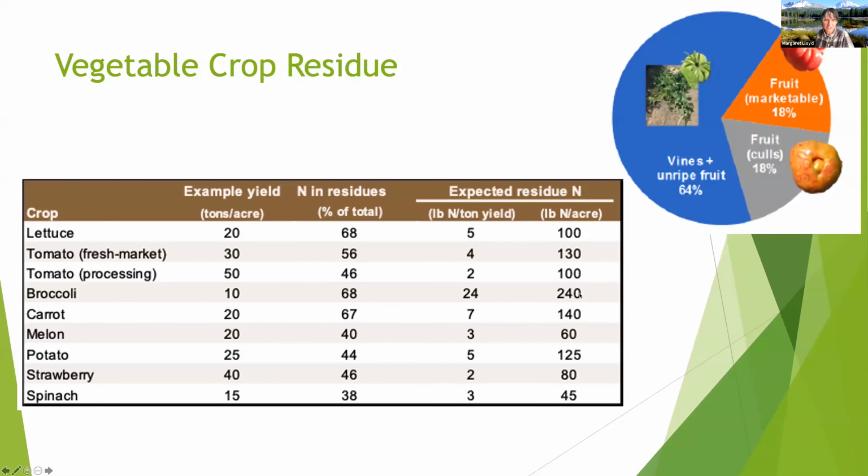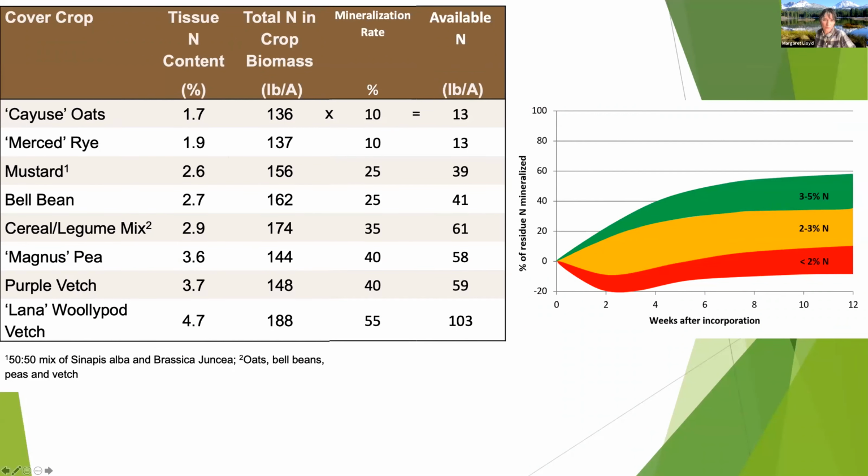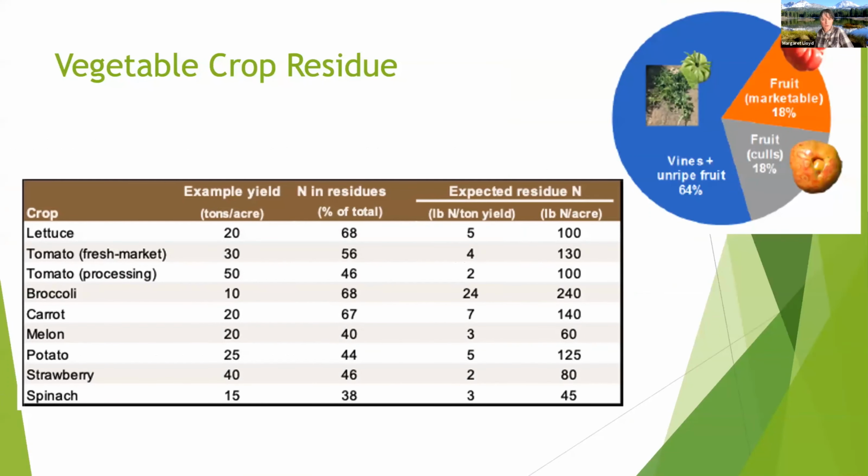So then the expected amount of nitrogen in that residue is going to be 240 pounds. So that's the total nitrogen in all that residue. At that point, you would want to do that calculation that we just did here and walk through 240 pounds times a mineralization rate that you choose based on your estimate. And so maybe 3% nitrogen in a broccoli residue. And you can get what an actual plant available nitrogen release might be from that residue.